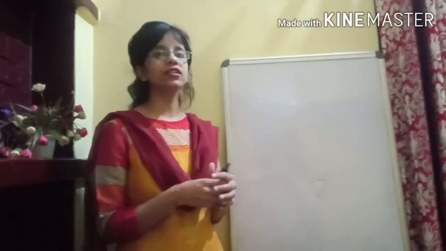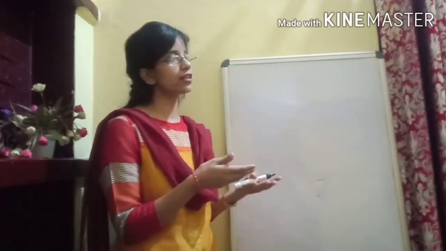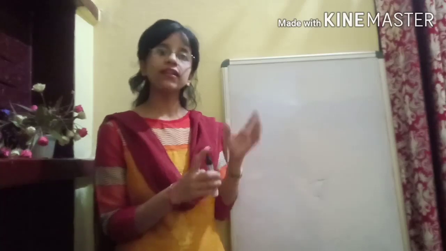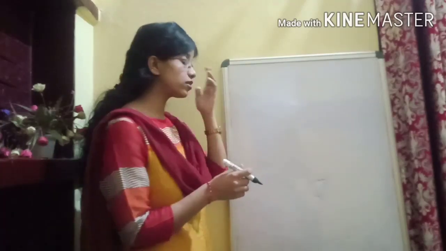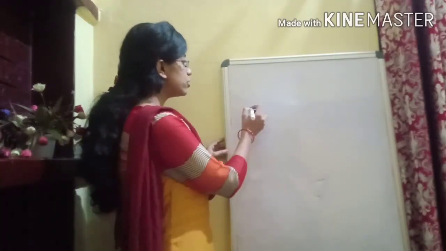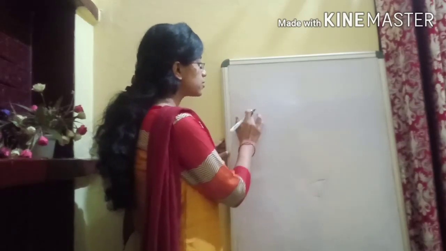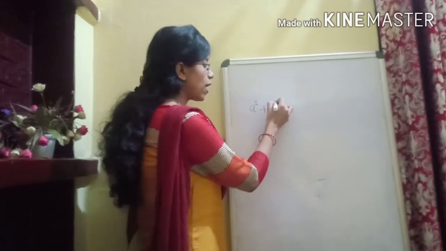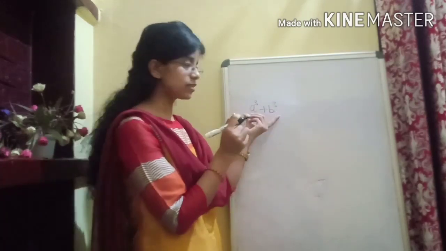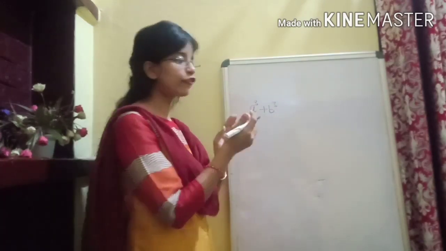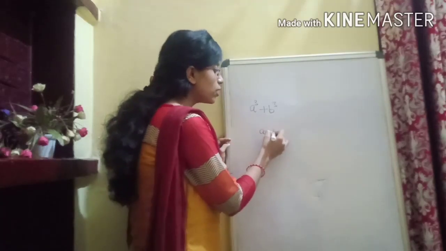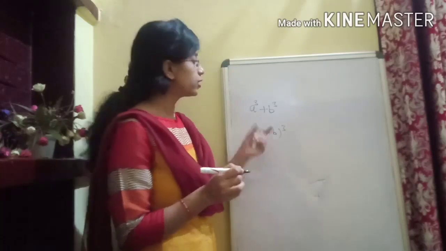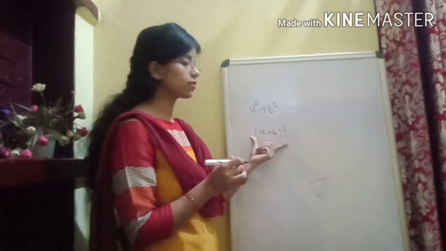Now before we start the third exercise, in the third exercise again the question is going to be that the given expression you are supposed to factorize, and here in the third exercise we are actually going to use the cubic identities, that is a cube plus b cube. I think before that also we have learned this identity. It is different from a plus b whole cube, and I have explained what the difference between these two is. They are not similar. This is something different written and this is something different written.